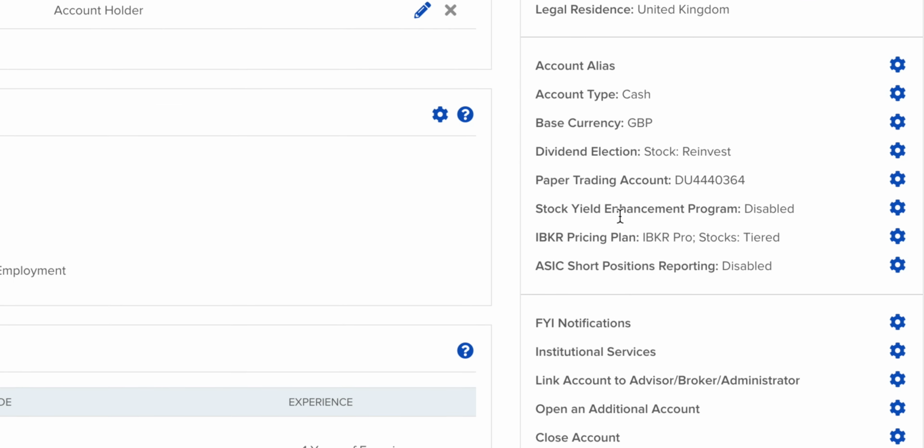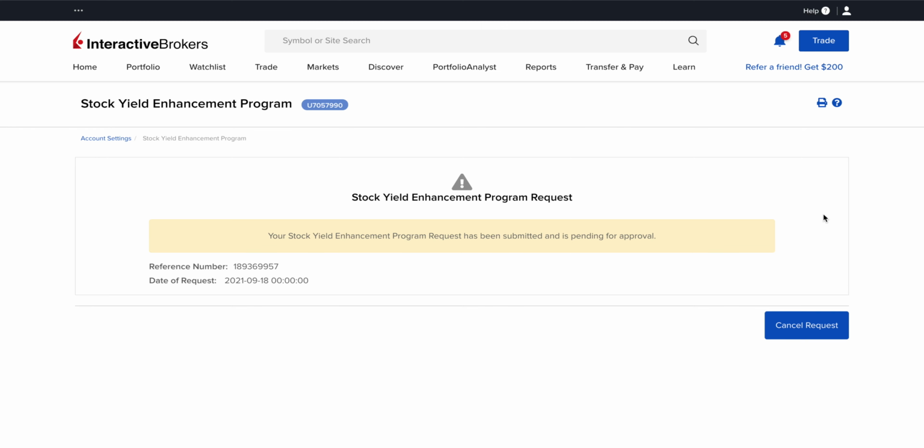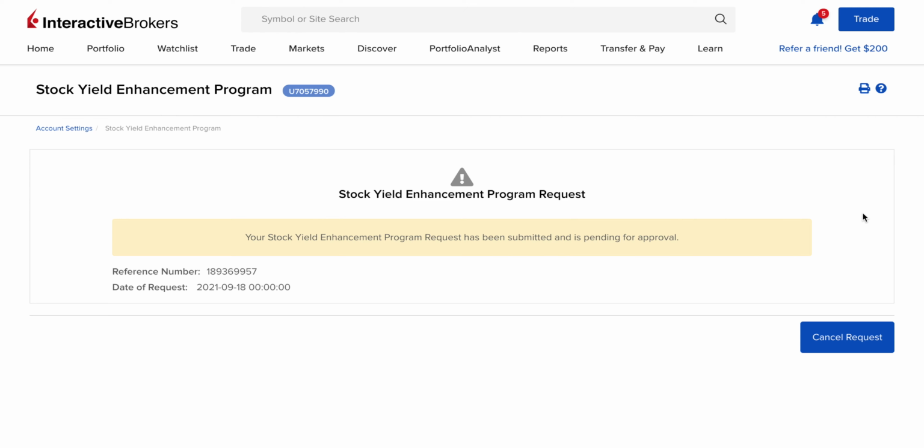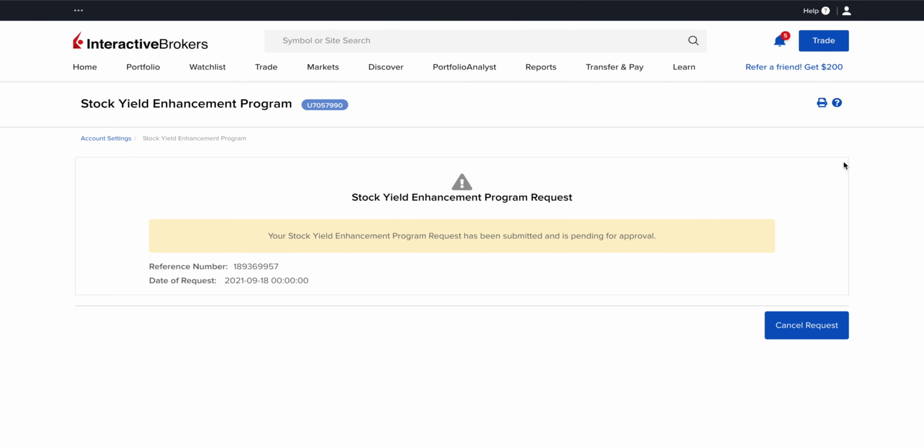Another call out here is the stock yield enhancement program. During the sign up process, you may have seen the option. If you didn't see it, you can always change the setting. On my end, I've already submitted and it's pending approval. What I have read though is that it's requiring a large amount of money within your cash portion of the account. But what's great about this is that if your stocks are sent out to other individuals, which the likes